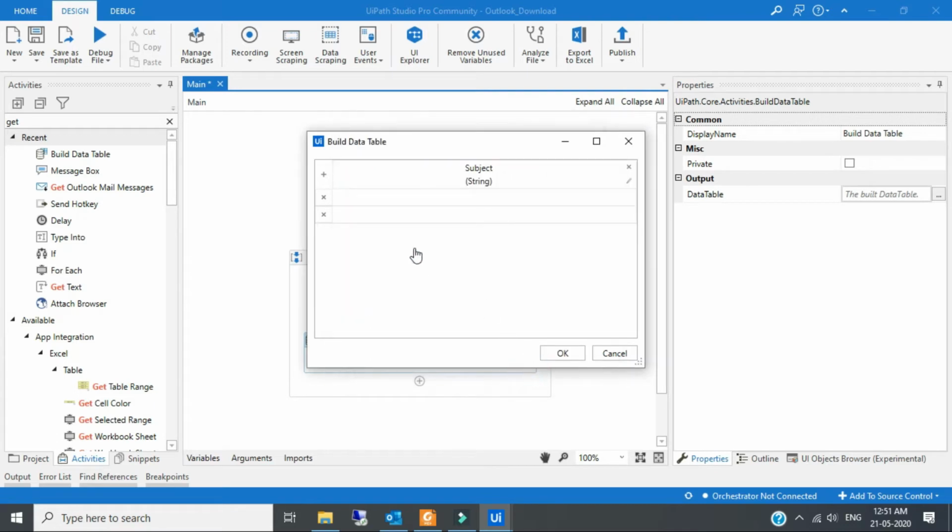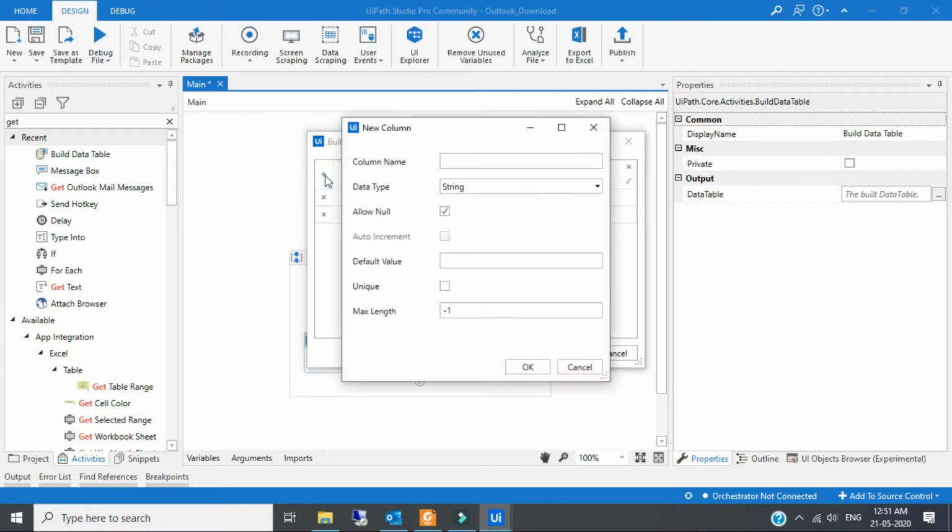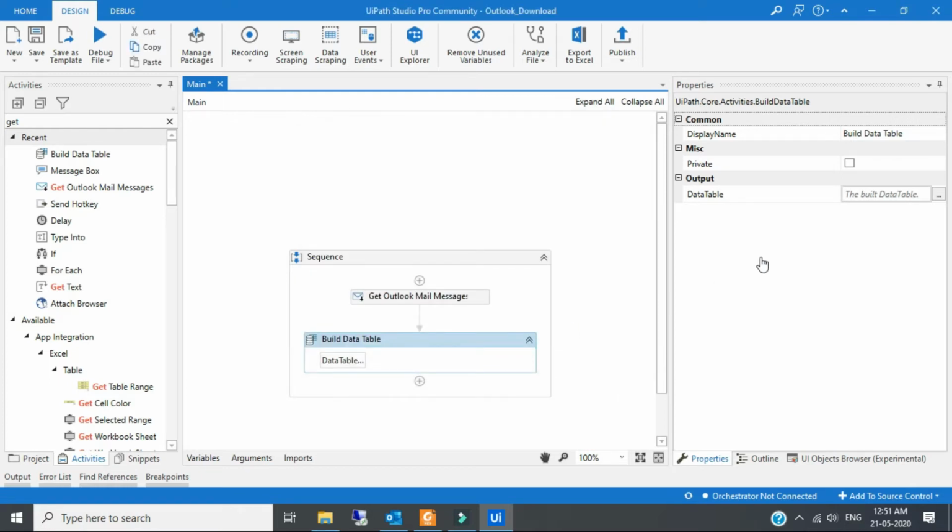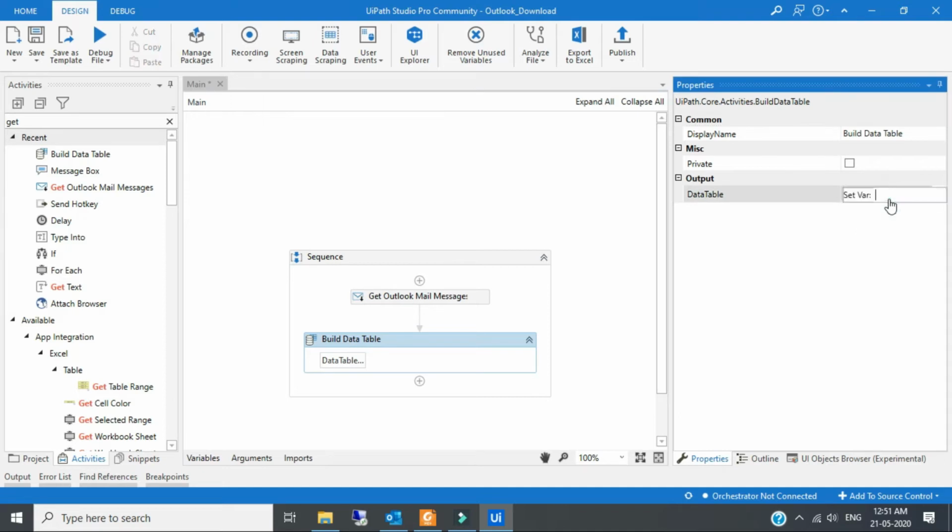Also, I need body. So I will create another column, that is body. I will save. And this data table we have to store somewhere. So I will give it the name BuildData and save.